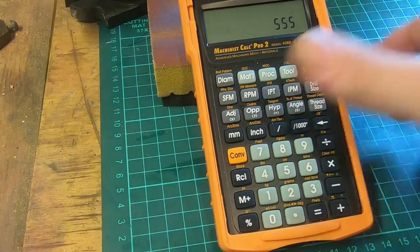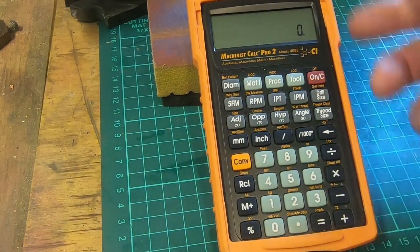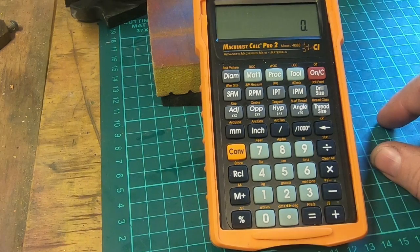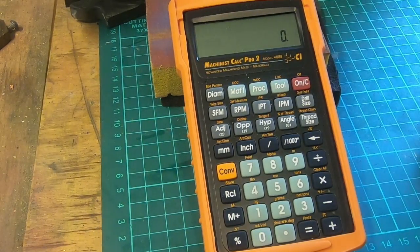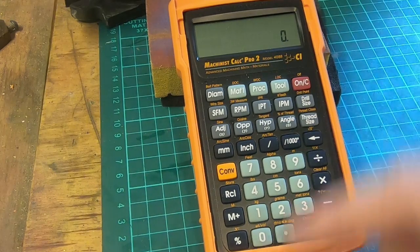So that's what I think about this. I really like it. It's had a fair bit of use, as you can see. It's getting a bit grotty, but it's on my bench all the time, and I reach for it now rather than a chart, which is excellent. And it's just one thing to lose, basically, compared to several charts. I've got charts here everywhere. And while some of them are cool and some of them make great decorations, messing around with a magnifying glass looking up something on them is a bit of a pain when you can just reach this out